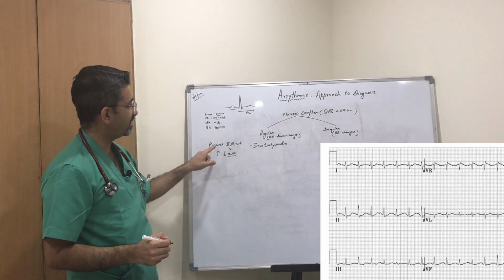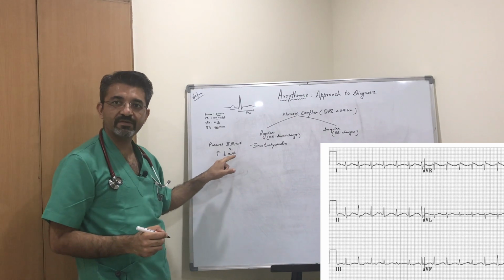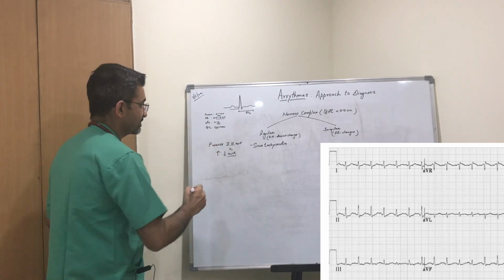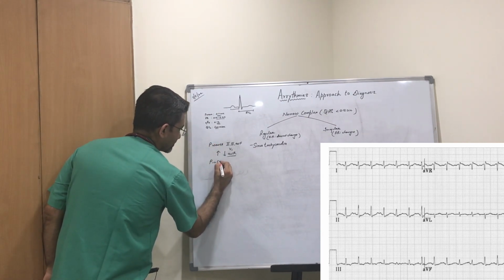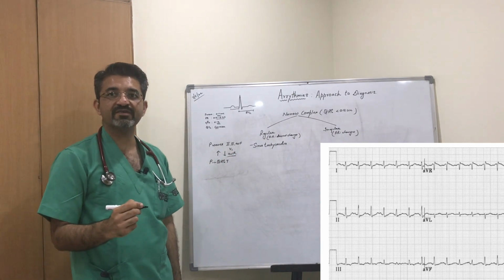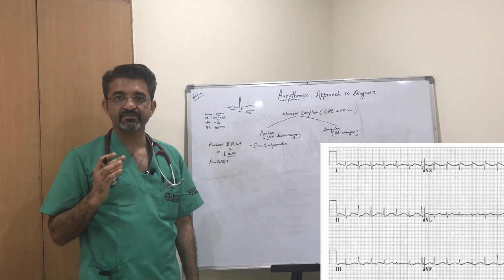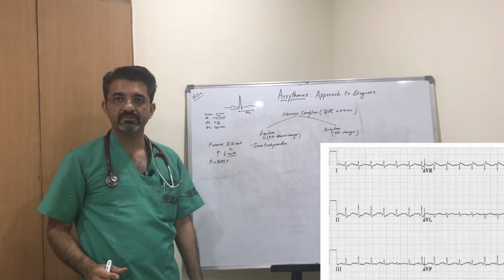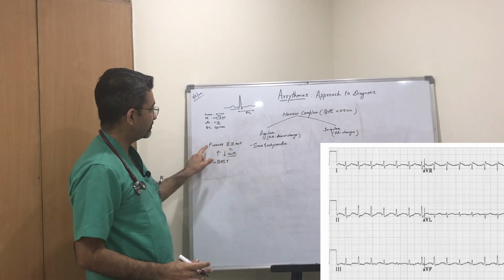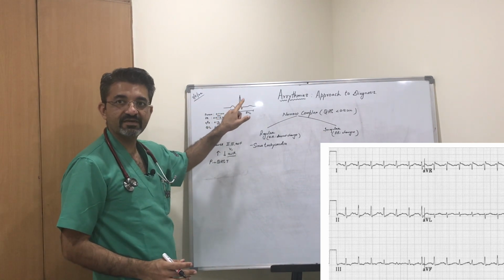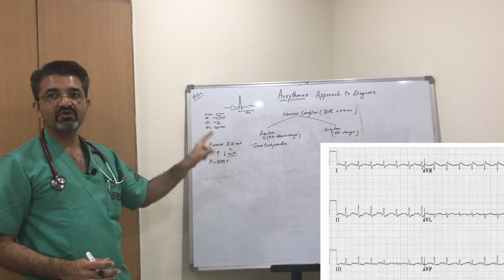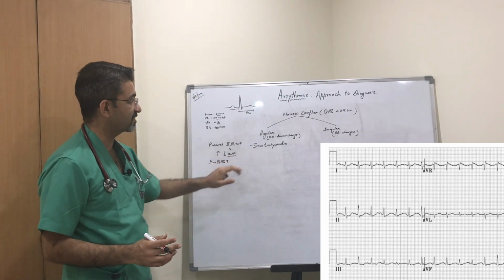Each P wave is followed by QRS T. None of the P waves is without QRS T. So this is your sinus rhythm, right? So this is your sinus tachycardia. The rate is more than 100. Your P wave is upright in your inferior leads and V1, you have an inverted P wave in AVR, and each P wave is followed by QRST. This is your sinus tachycardia. Then comes